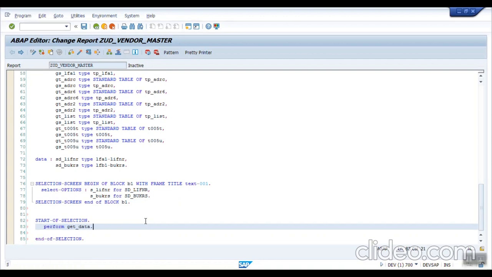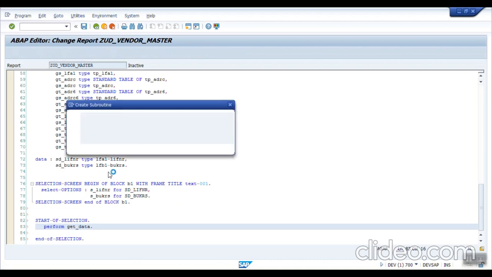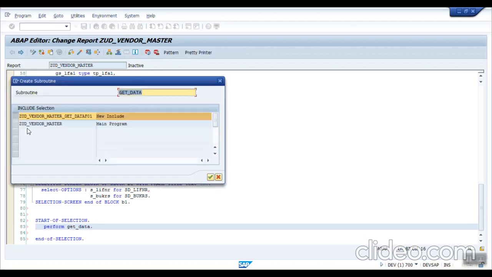This is called modularization, and you can also call it a subroutine inside the program. The PERFORM needs a FORM, double click on it, create.